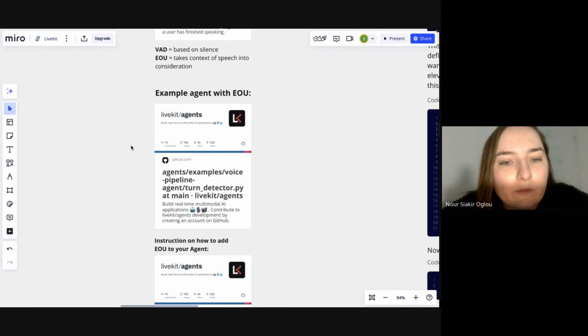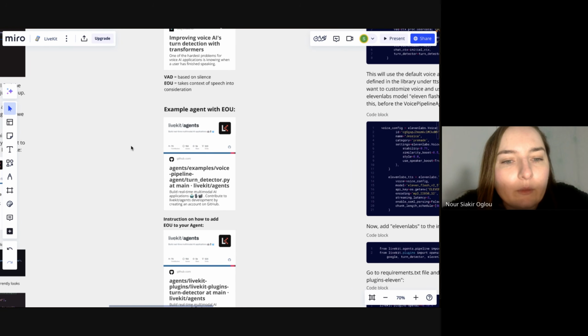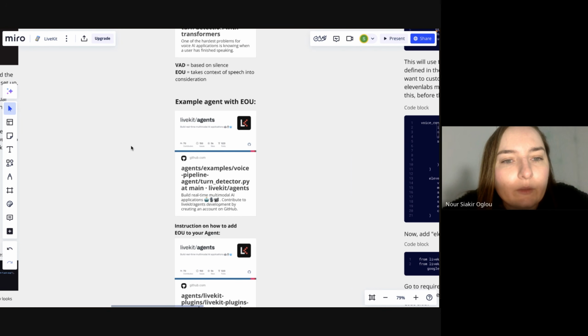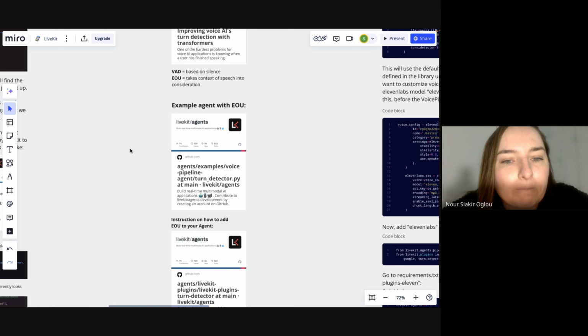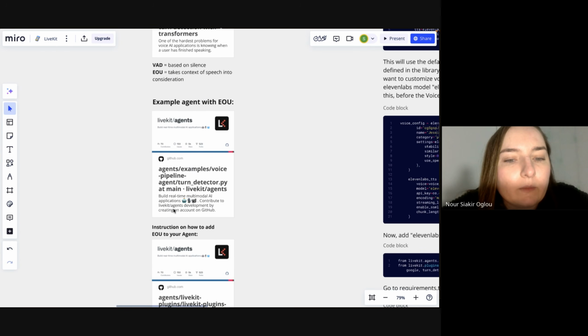So having this for all languages would be great. But for now, we will just use it with English. And again, of course, in this article, they also added a code example for that too,